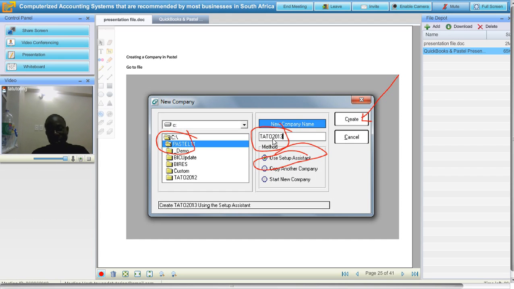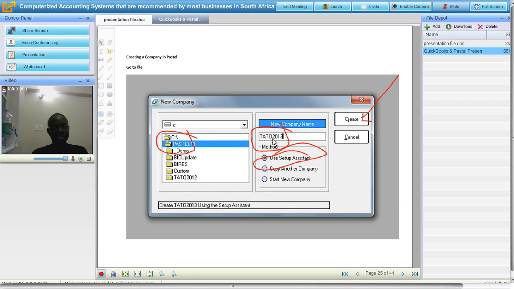You select to use the setup assistant, which is almost the same as the easy setup for QuickBooks. The setup assistant guides you in actually creating your company. The second option is to copy another company.